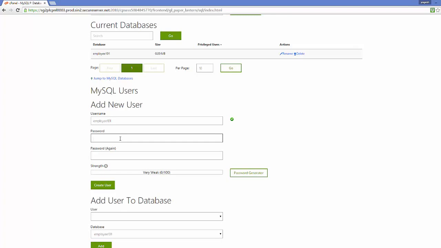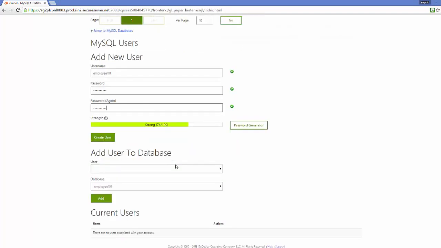So you can see the strength of your password using this progress bar here. Okay, so I will give some strong password and repeat the password, and you can see the strength of this password is in the green zone, which is a good sign. And then you just need to click this button which says create user. So just click this button, create user,